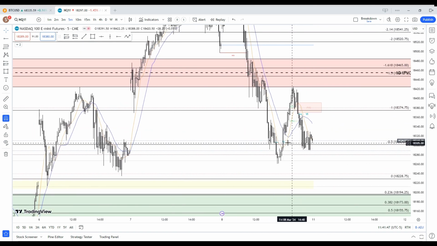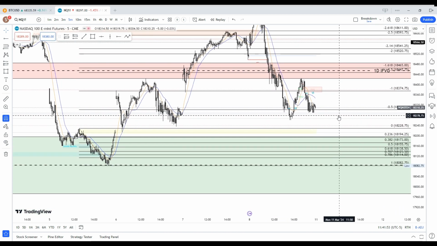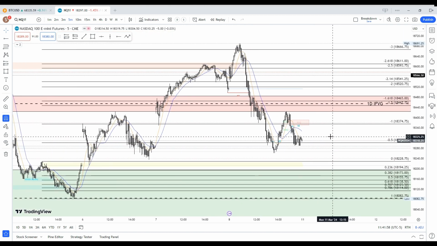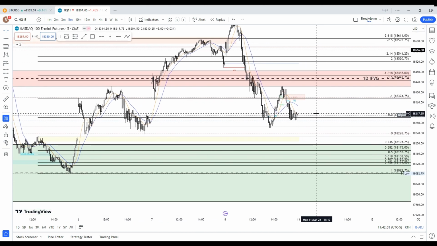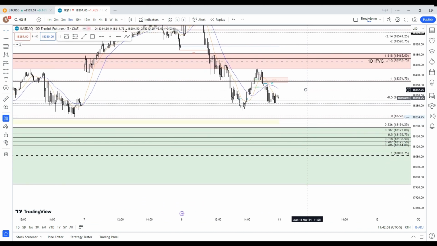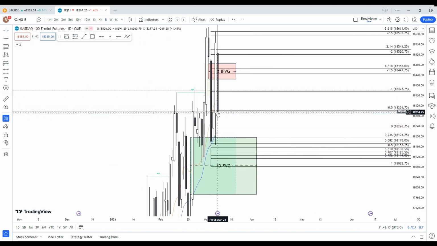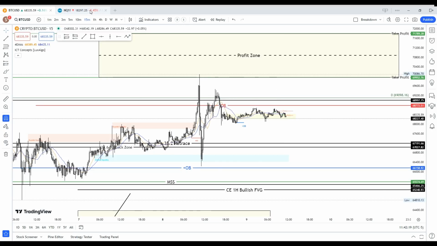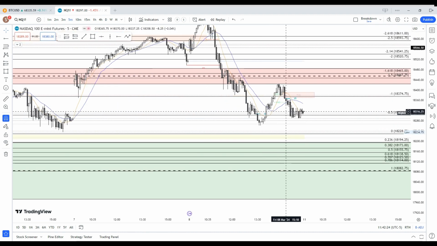We're still respecting these levels here. We may come back and test this here. This looks kind of like a head and shoulders pattern, right? We didn't have much of a bounce in the last 10 minutes of the market being open, and that daily candle closed toward the bottom of the candle itself. So I think we're going to be seeking lower prices right now.